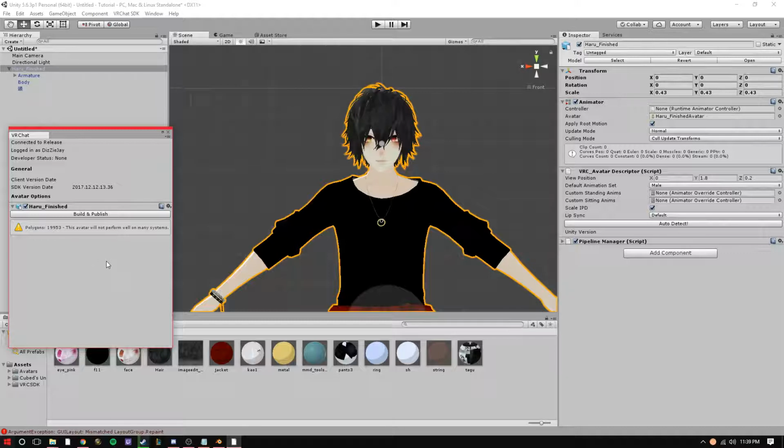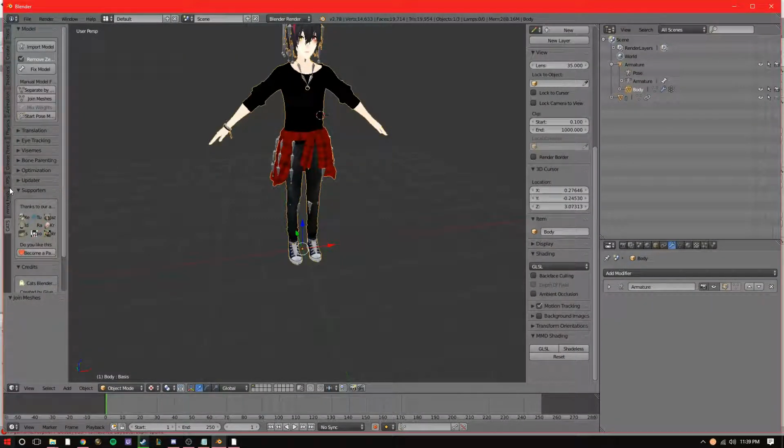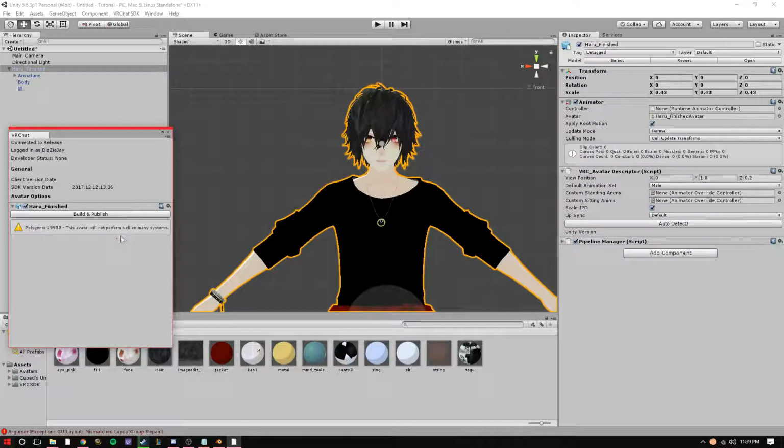I haven't really run into a lot, especially since I use a bunch of add-ons in Blender, it kind of just fixes everything for me. So I really do suggest you make sure you use these add-ons, because it just makes everything a lot easier. So next, see right here, I have